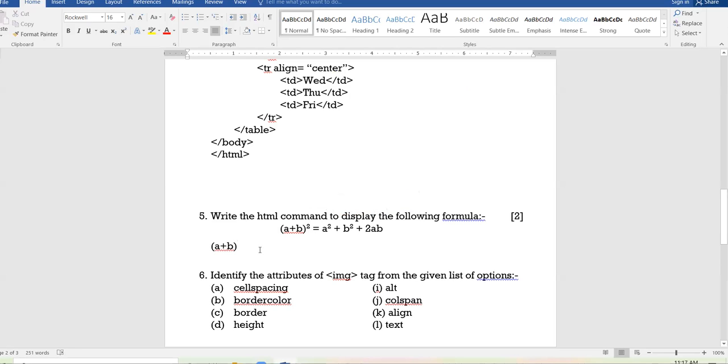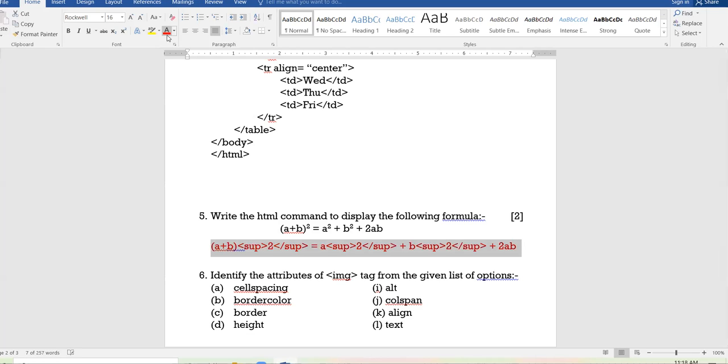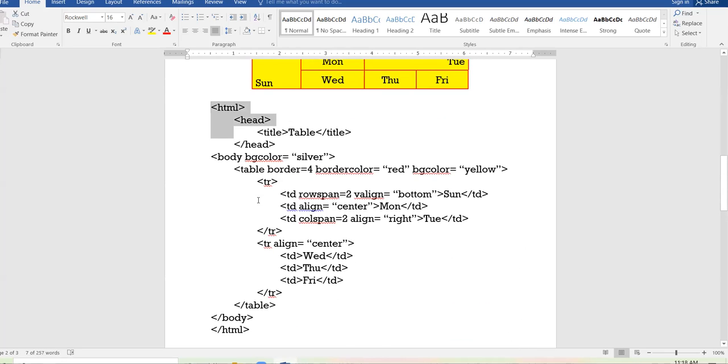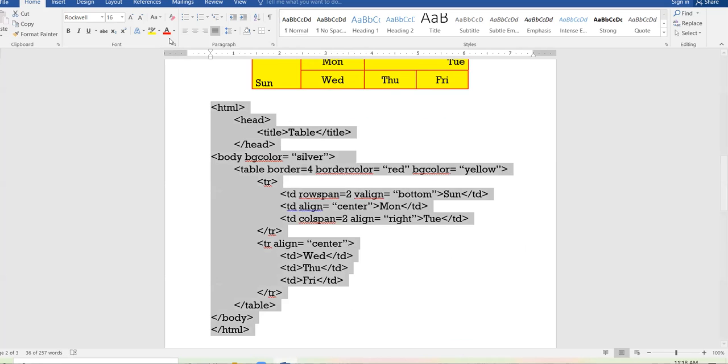When data is above the normal line, we always use superscript. 2 superscript closes equal to A squared, A superscript 2 superscript closes plus B superscript 2 superscript closes plus 2AB. That's it. Right? Any doubt? Any queries?